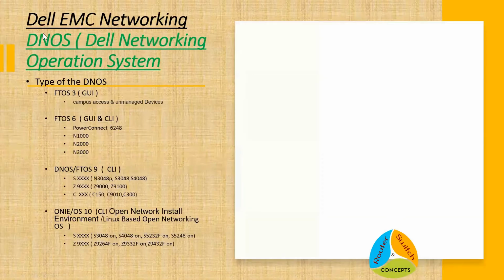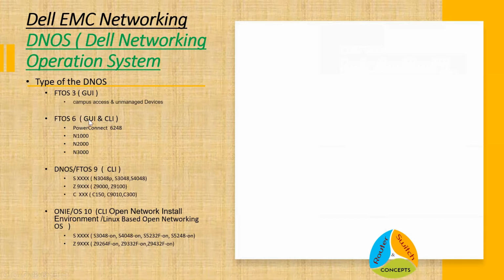Okay, so Dell Networking operating systems. There were four types of OS in Dell, or you can say on 410. The initial two we basically call 410 OSs. The first one is the OS which is supported only on GUI, which is F2S 3. That is basically for campus access environments or small switch environments, and unmanaged devices. Whereas